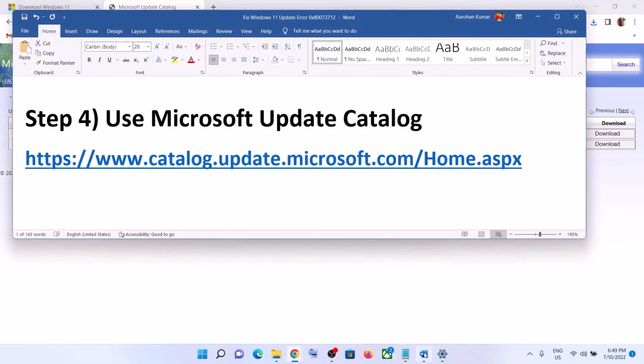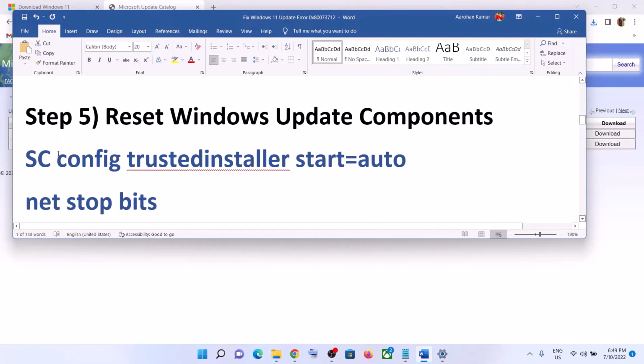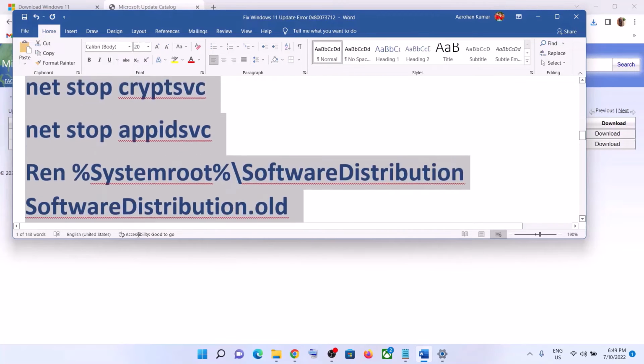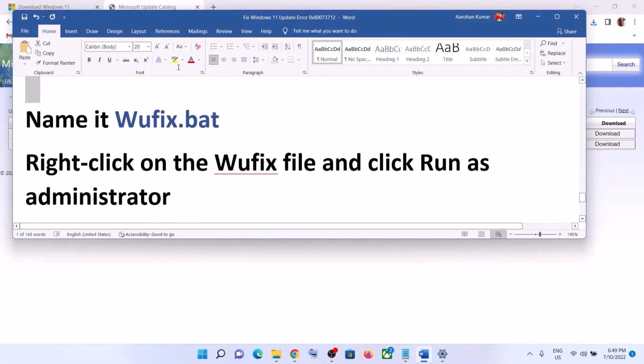Now if you are still facing the problem, in that case you can reset Windows Update components. For this, copy all these commands. These commands are provided in the video description. So copy till here